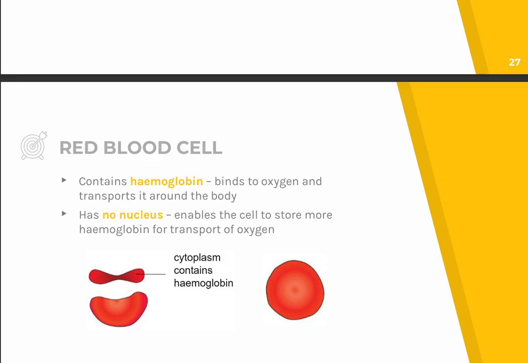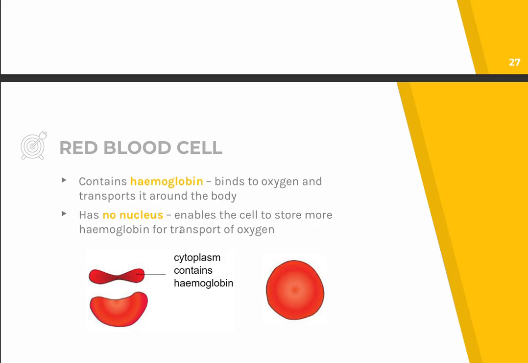These cells are responsible for carrying oxygen to all parts of the body, and this is what gives the blood its red color. It contains a chemical known as hemoglobin, which binds to the oxygen and takes it to all parts of the body. So this cell has no nucleus, it is disc shaped, and because it has hemoglobin, it is red in color, right? It has no nucleus, so it has a short life and dies out and needs to